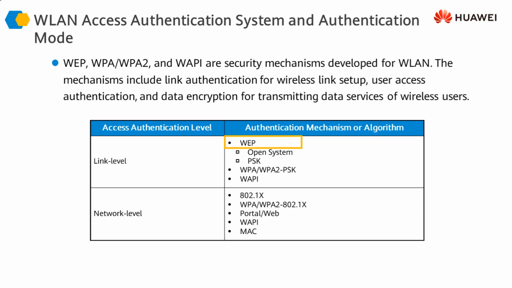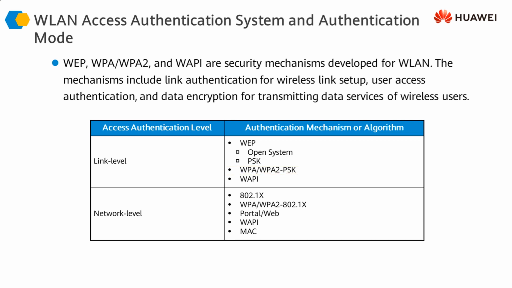If you're using WEP for your link level authentication, you could either be using open system, which means no key, or you could be using a pre-shared key. But in either case, if it's an open system, then there is no security. All your traffic is going to be exchanged unencrypted. However, if it's a pre-shared key, then your traffic would be encrypted. However, as I mentioned earlier, it is very easy to crack the PSK of WEP. It is not a very secure protocol, so nobody uses WEP in enterprise environments. WPA or WPA2 with pre-shared key is what you commonly use.